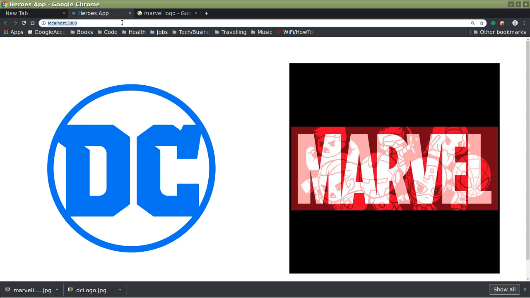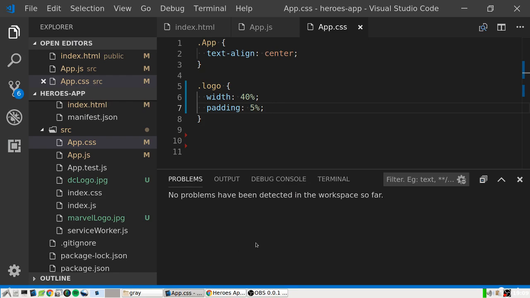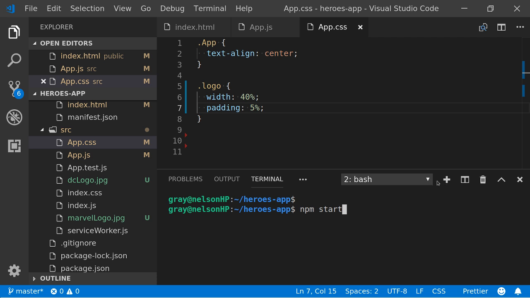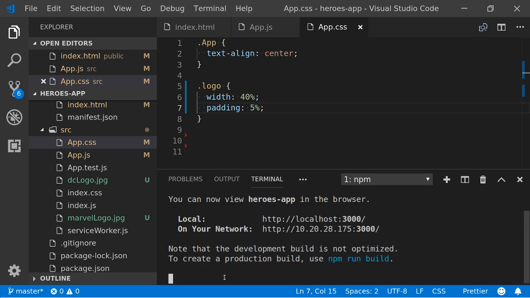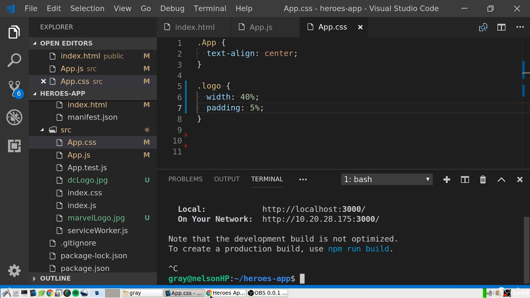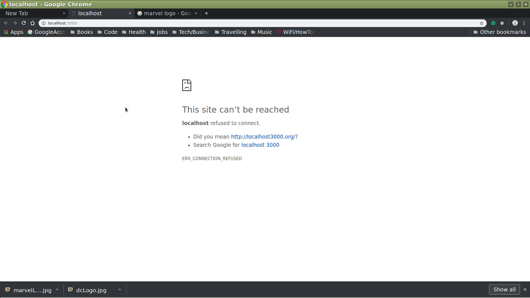How do we open it up in the browser? So from the terminal. Yeah, so the command is npm start. So make sure you're on terminal. I can see that mine's currently running, but if it wasn't, for whatever reason, and I go to my localhost, I'm going to get that site can't be reached.